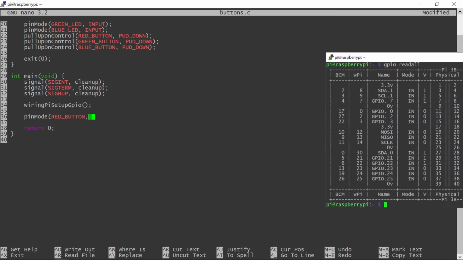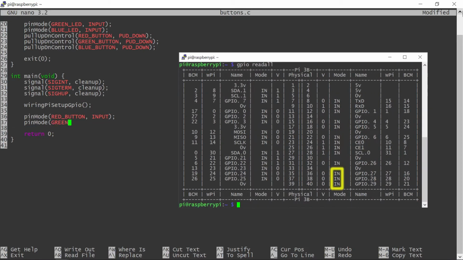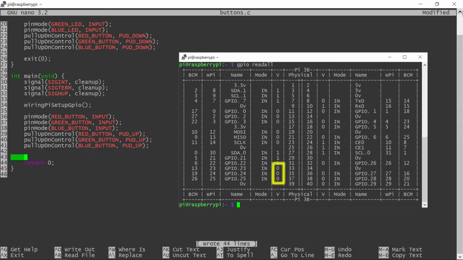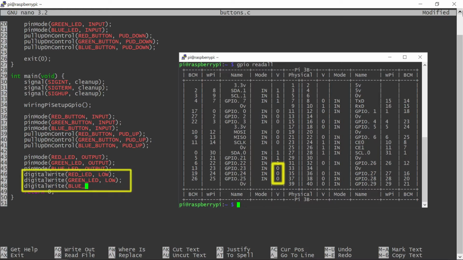Although input is the default state for GPIO ports, there's no guarantee that they are in that state when the program starts. This is why I explicitly say so before activating the internal pull-up resistors. There's also no guarantee that the LEDs will start in off state. This is why I set the state initially to that.